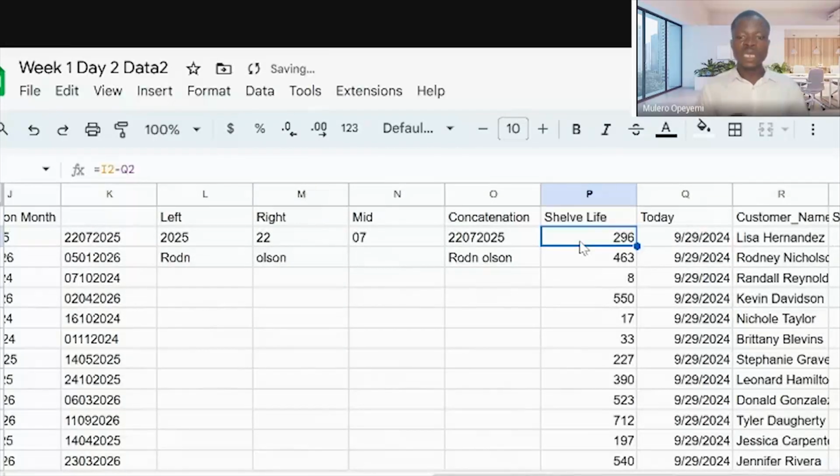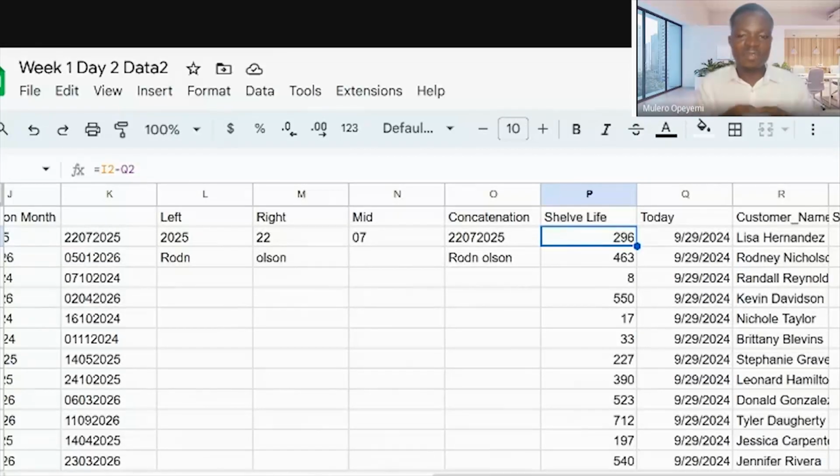For this shelf life, in an ideal workspace, there is a certain tolerance level. If the shelf life is at least 500 days, that could be the most acceptable kind of produce in the market. It penetrates the market very easily. So I can bring up a condition in this regard. I want to know the quantity of products that are still in the right condition, the perfect condition. So we can have a condition as such.